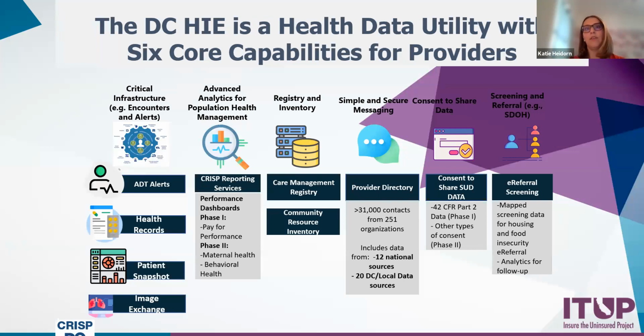And then we talked about, once you get to that point where you've actually set this up, I loved this graphic because this, to me, these are all the different types of things you can do with health information exchange. For me, I know when I saw this, I went, wow, they're doing this, which means we in California can do this, right? You can send health records and hospital records. You can do care management. You can have a provider directory, and you can do e-referrals and screening.